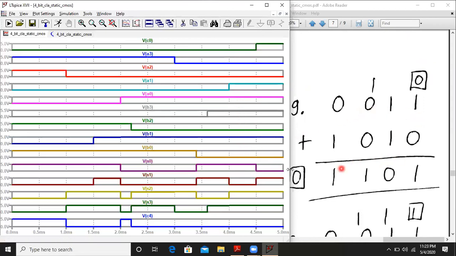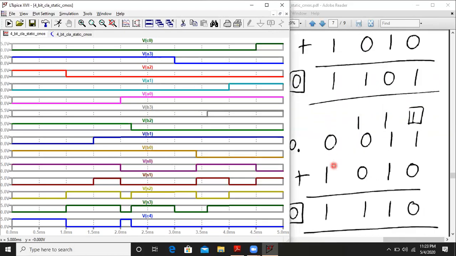So these are the two numbers and let's check the sum. S0 to S3 is 1, 0, 1, 1 and C4 is 0. Let us check this condition. So C0 is again 0, 1 plus 1 is sum 0, carry 1, 1 plus 0 is 1, 1 plus 1 is 1. Hmm, sorry: 1 plus 0 is 1, 0 plus 1 is 1. So again a successful ninth case we have.